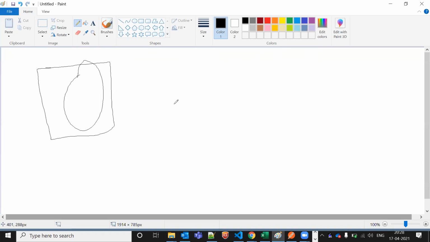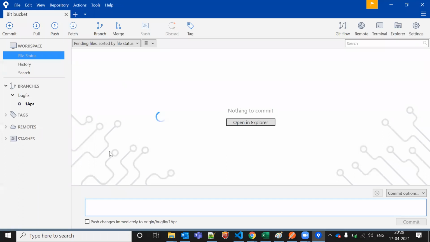So how will we do that? First we'll go to Bitbucket and do the checkout. Checkout means we are going to take a backup, we are going to extract the code from Bitbucket to our local system, meaning our local repository, in any folder. After doing all these things, we will open the class, whatever class we have, and we'll copy the code and paste it there. Finally, whatever changes we have made will be reflected in Sourcetree, and we can commit and that will be pushed to Bitbucket.